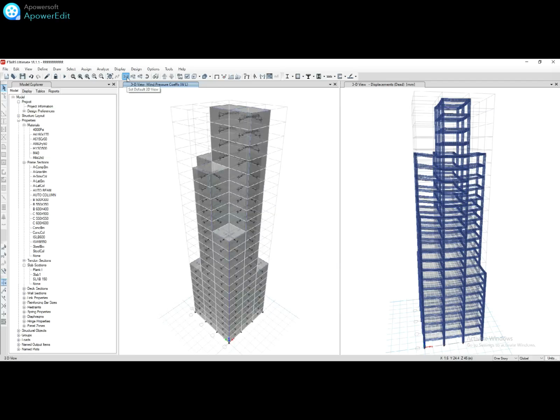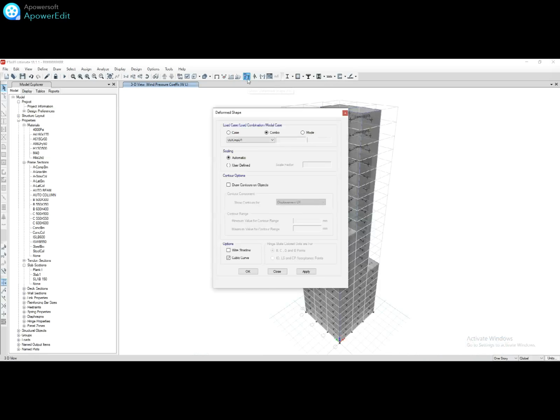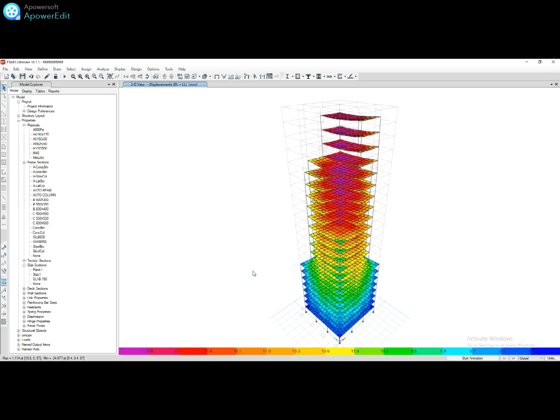Okay, now click on the deformation shape and click on the dead load live load. Click on YZ. Here you can find the deformed model. The deformation due to dead load and live load combined applied on the model, and from here we can easily